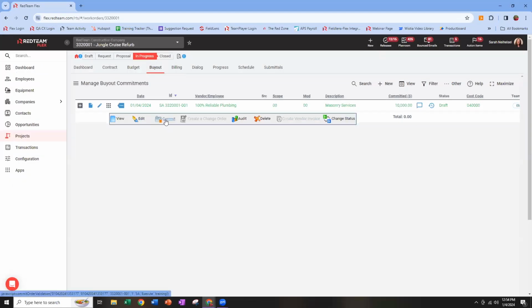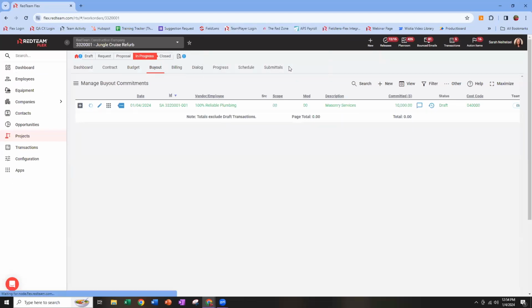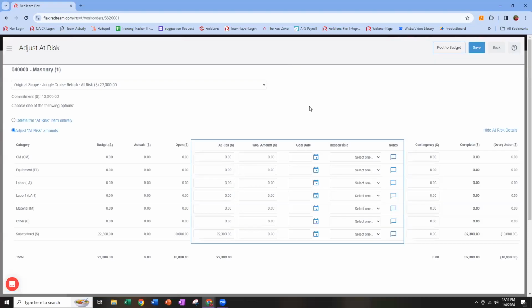So if I have an existing committed or executed subcontract on my project, I can come in here to the buyout tab at any point in time and create a change order. There are many reasons why you might create a change order. Probably the most